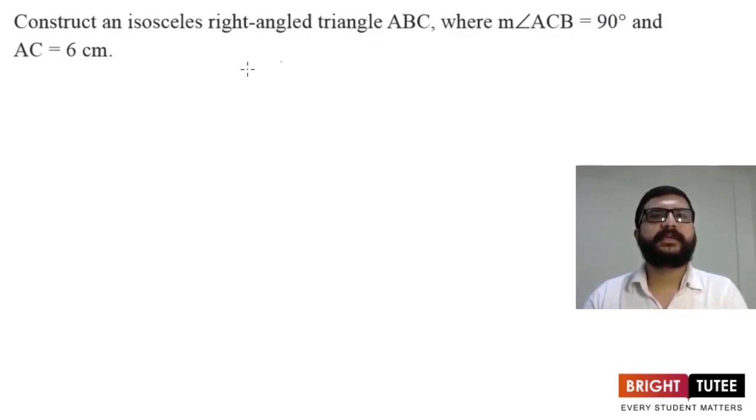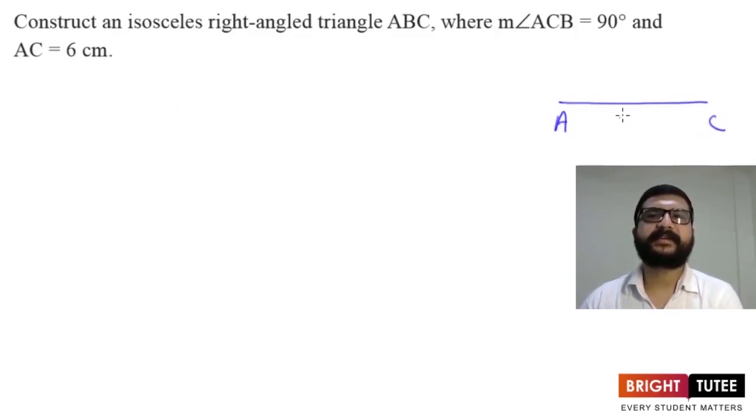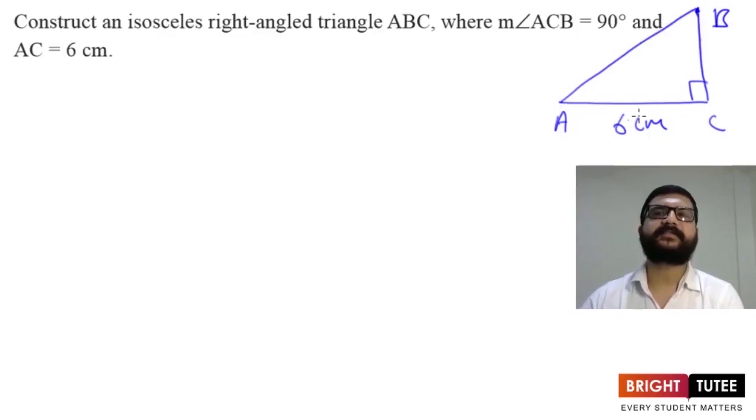So here let's draw a rough sketch of this triangle first. We need an isosceles triangle and angle C to be 90 degrees. So first of all, what we have to do, we have to draw AC. So let's say we are drawing AC like this. AC is 6 centimeters and what else is given? Angle ACB to be 90 degrees. That is, this angle here is 90 degrees. Let's say this is vertex B. Now join AB. This is the rough sketch of the triangle ABC, which is right angled at C. That is, angle ACB is 90 degrees and this has to be an isosceles triangle.